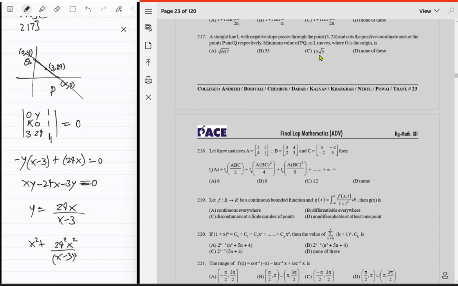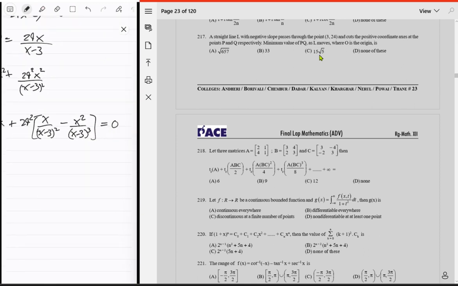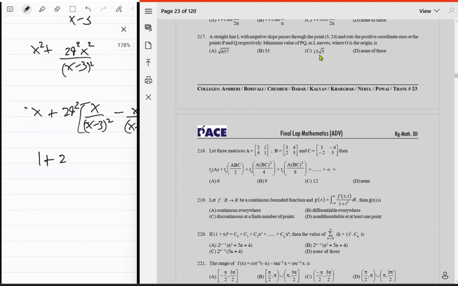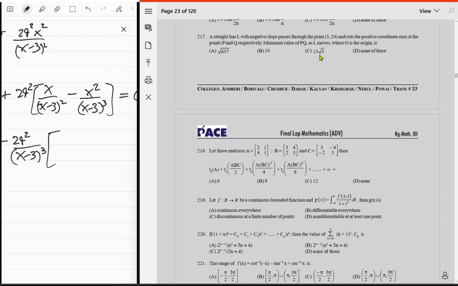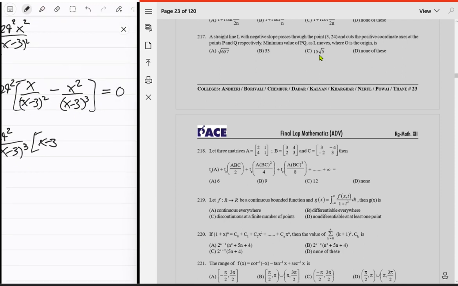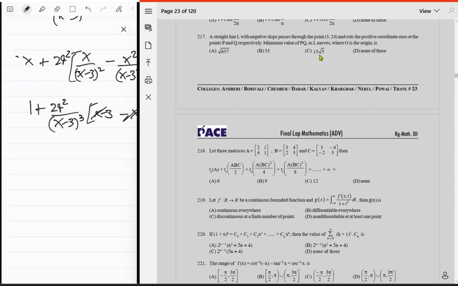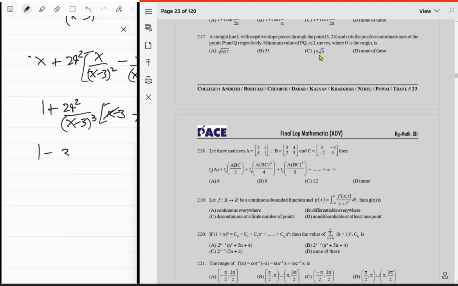What about some other thing? So x equal to zero is not correct. Then we just have this thing 1 plus 24 squared upon x minus 3 cubed. What do you have? एक x गया यहाँ से, just x minus 3. Okay, x minus 3, right? x minus 3 का cube चला गया, एक x चला गया, just minus x. So ये तो गया, it's just negative 3, which means 1 minus 3 times 24 cube upon x minus